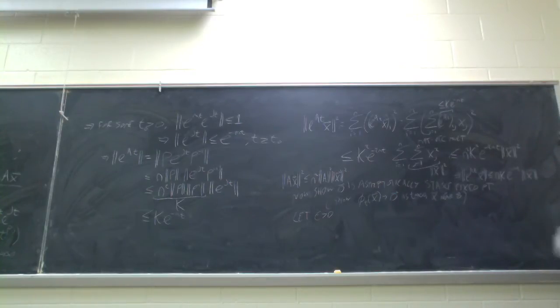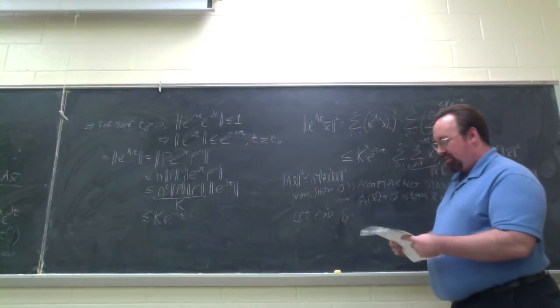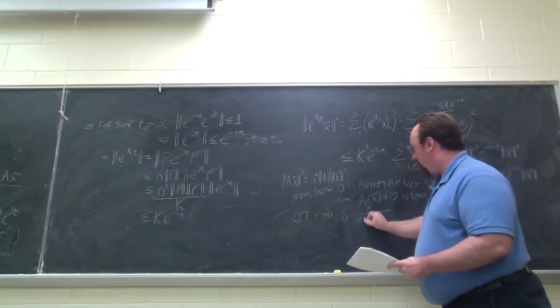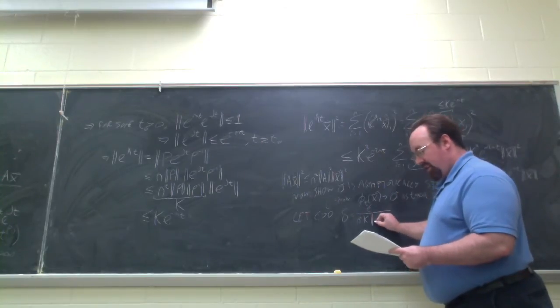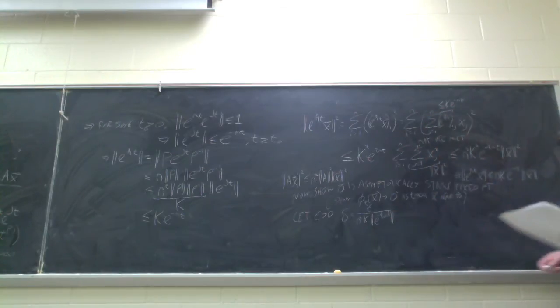Okay, and I'm going to let delta equal epsilon over n squared k e to the minus t naught times a, where t naught is the value that I came up with earlier for all the entries of e to the Jt being sufficiently small. Okay, so now